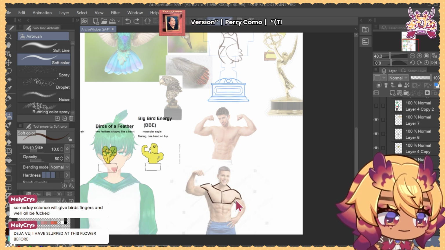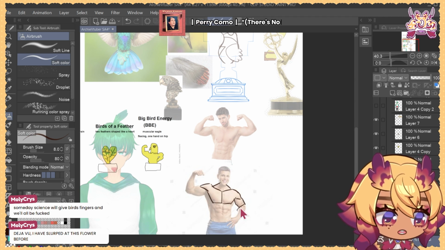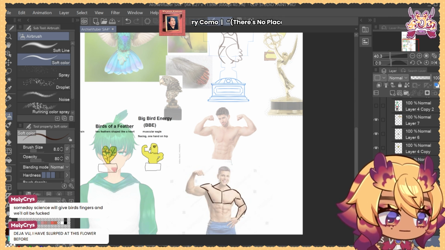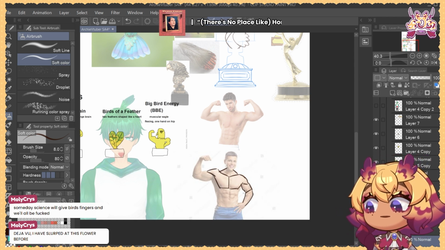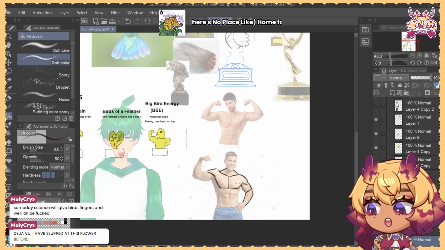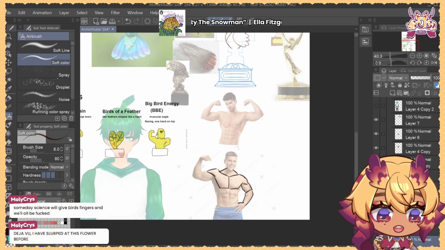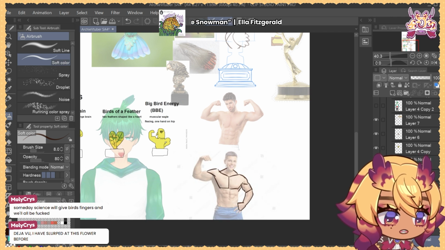There you go. We're drawing him as if he's wearing a sort of, what do you call this? A sort of football outfit. Okay, we're not gonna put too much detail on the